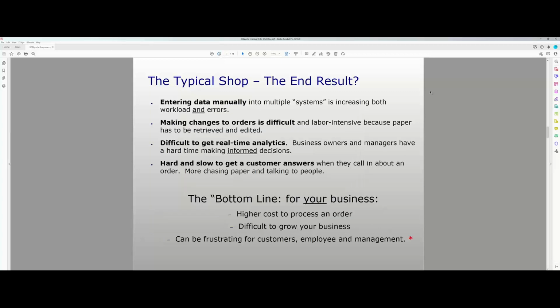So what's the end result of the typical shop? When we talk to people on the phone, again, they're entering data manually into multiple systems. That's increasing labor and errors. Changing orders is difficult because they have to go retrieve paperwork, rewrite it, and then give it back to people. It's difficult to get real-time analytics. If a business owner or a manager wants to see how many orders we have right now, how many hours is that, what screen printing orders do we have, all this is difficult to get